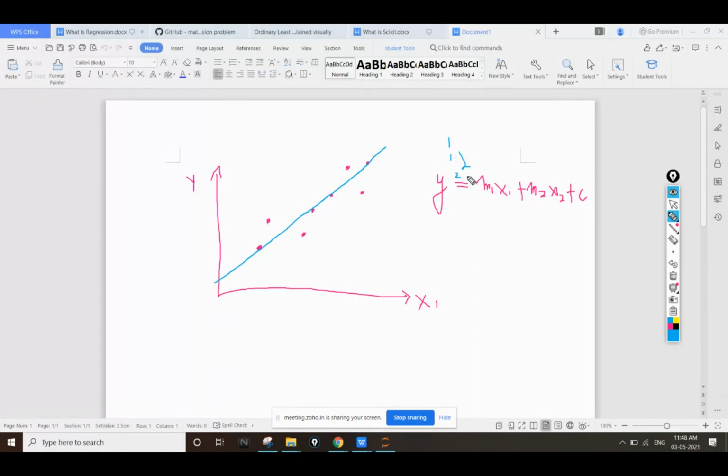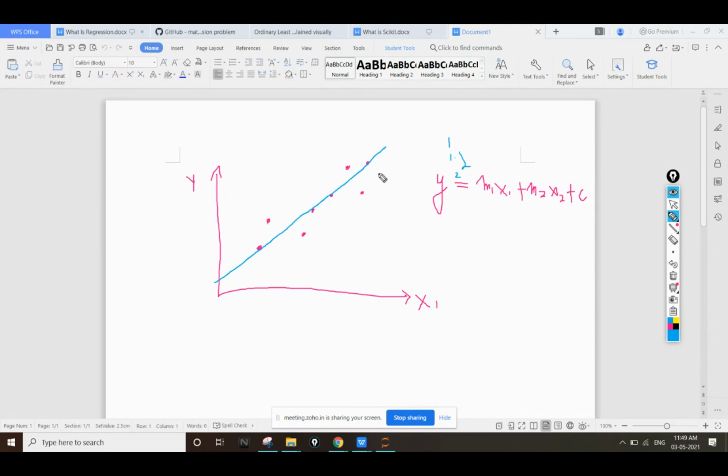Okay. And in linear regression, we generally split our data into two different parts, the X and Y part, and we provide this half part for training and the other for testing. We provide one part for training, for which we make our model.